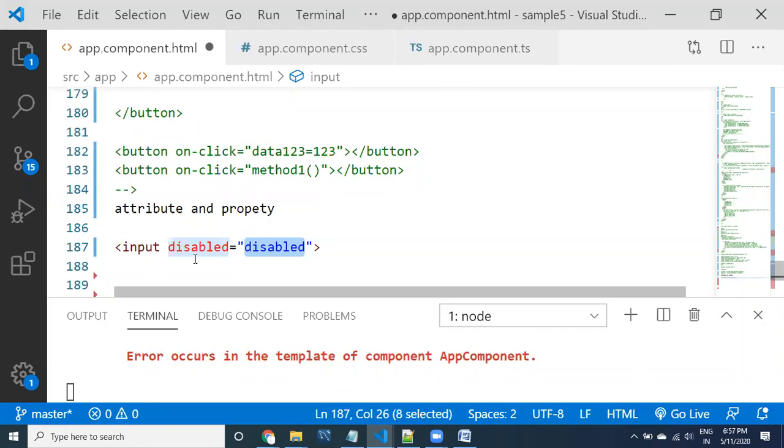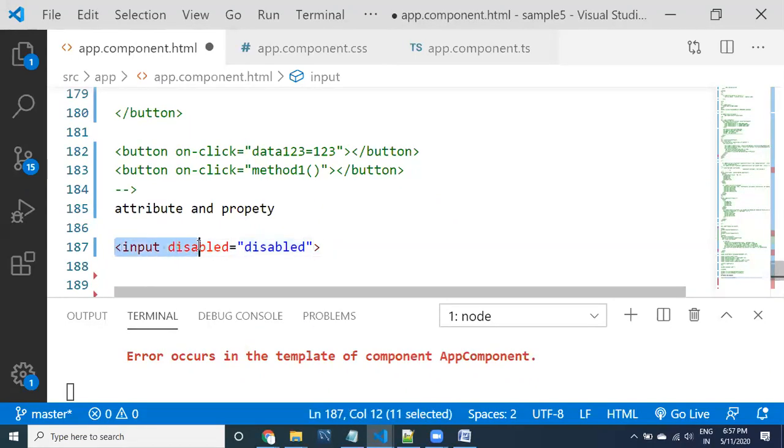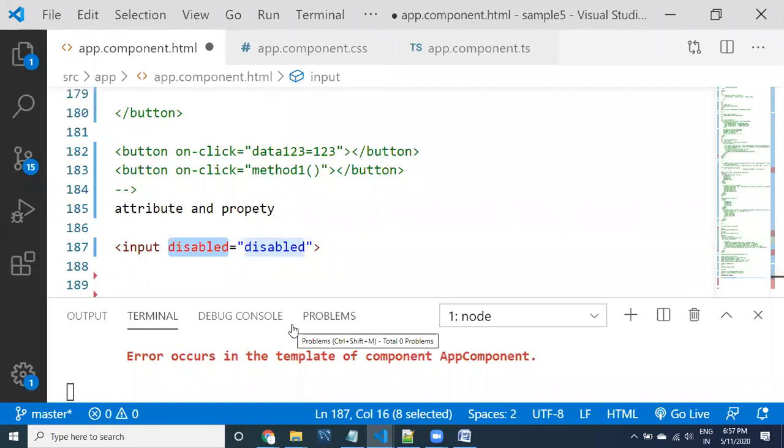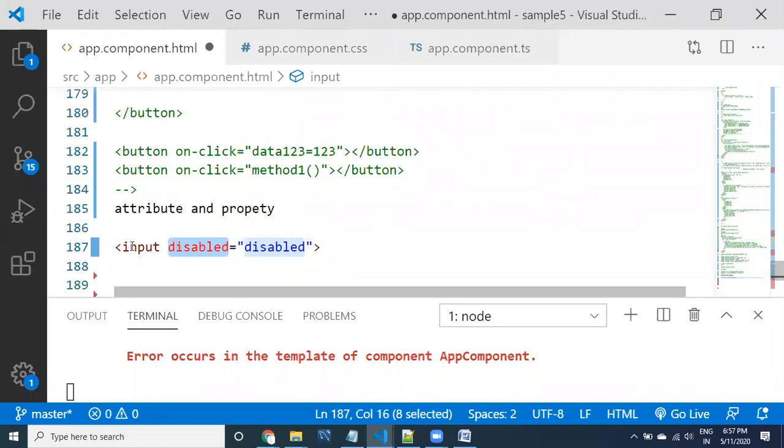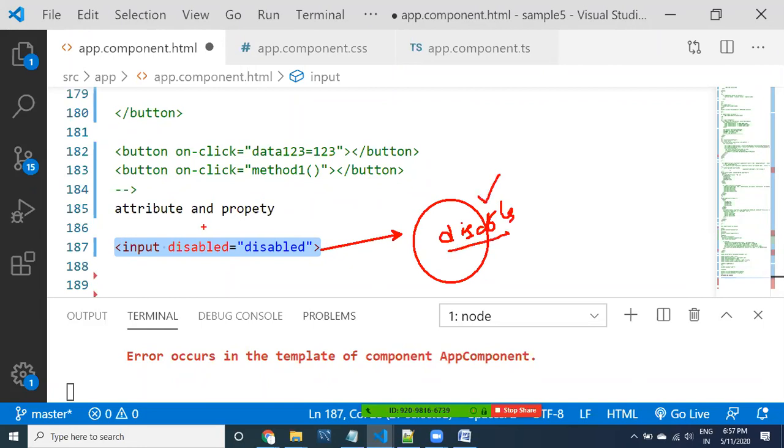This element has an attribute as well as a property, because this element is going to be converted into a DOM object, right? In that DOM object there is a property called exactly disabled. So a property with the same name is available, and an attribute with the same name is available.